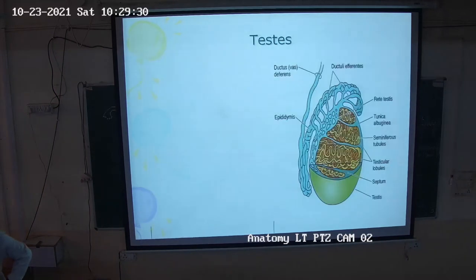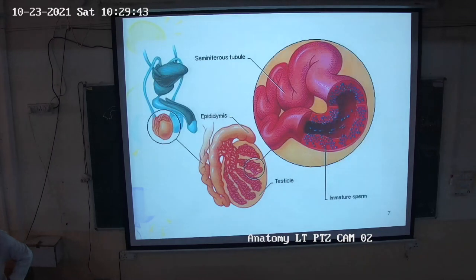So, the histology view of the testes: if we take a cross section of the testes, the tubules will appear rounded. In cross section, the seminiferous tubules will lie embedded in the connective tissue. Each seminiferous tubule will have two types of cells. The germinal epithelium cells have stages of different spermatogenic cells, and in between the spermatogenic cells, what will be present? Supporting cells, which are known as sustentacular cells.